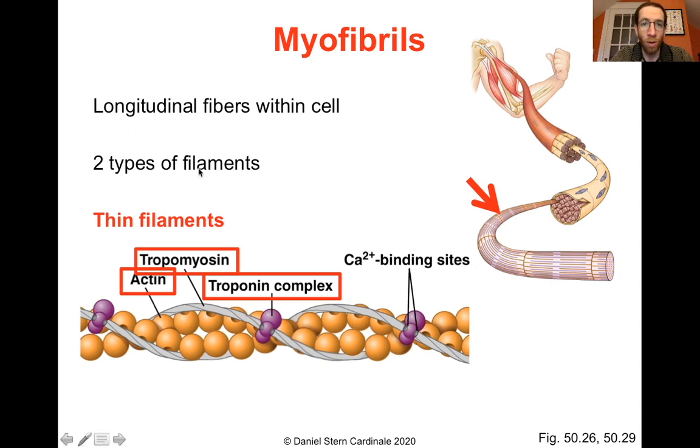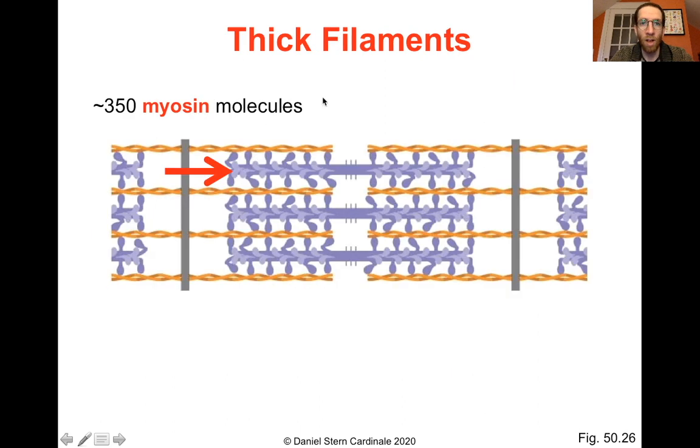Since the first type of filament within a longitudinal fiber is the thin filament, you could probably guess what the next one is. It is a thick filament. Thick filaments are made of a material called myosin. In purple here, indicated with the red arrow, that is a thick filament within a myofibril as opposed to the yellow thin filaments here. And you can see how the thick filaments are thicker.